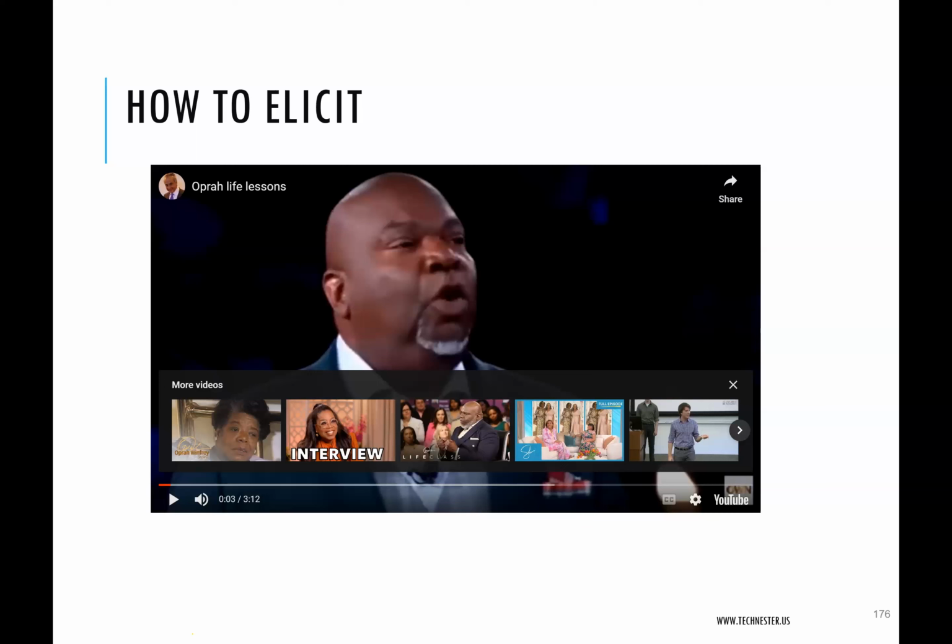When she was talking with TD Jakes, and many of us know TD Jakes, he's a pastor, a bishop, you saw that she moved and stayed with the crowd, left the whole stage for him. He's a pastor. So make him feel as if he's in his church so that it will be flowing.